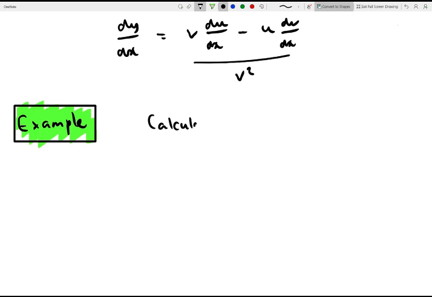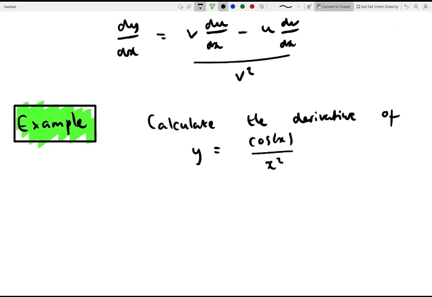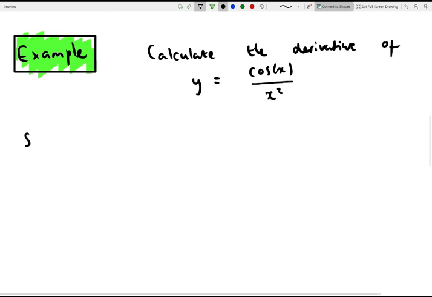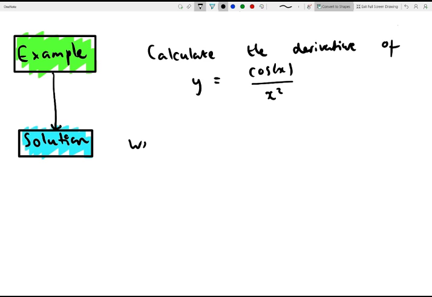Calculate the derivative of y equals cos of x over x squared. And our solution is we have to identify u to be cos of x and v to be x squared,